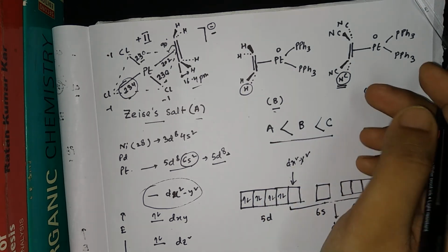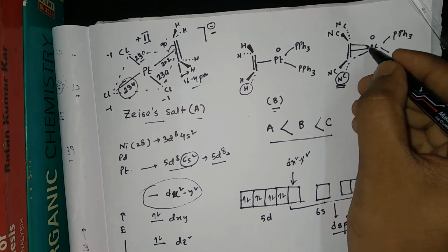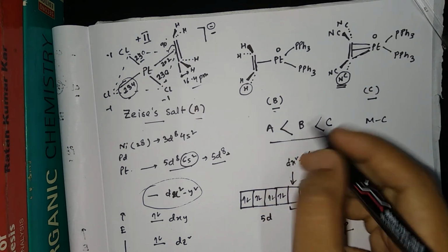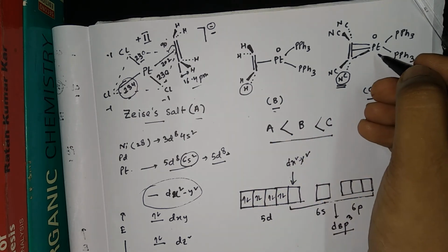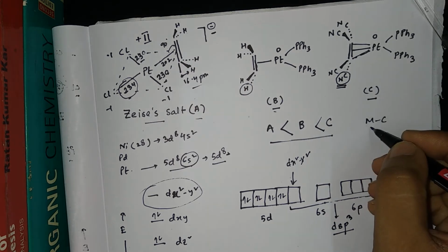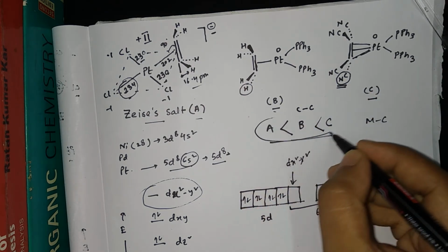And guys, if they ask about the metal carbon bond length, that means this bond length. For the metal carbon bond length, this will be the opposite, because higher the back donation, lower will be the metal carbon bond length. Okay, so therefore this will be the opposite. So guys, here the question is about the CC bond length. So this is the correct answer.